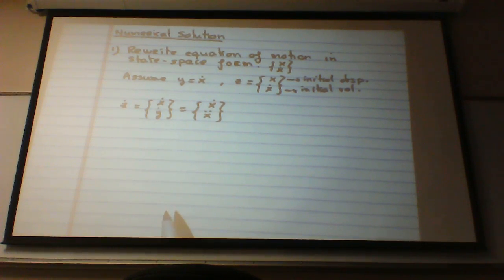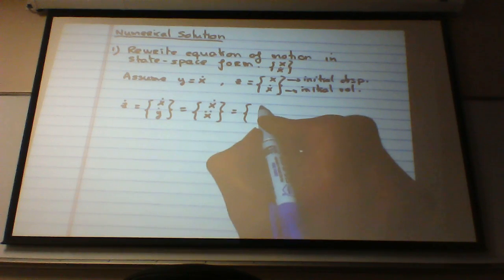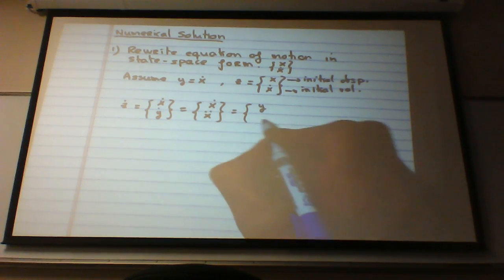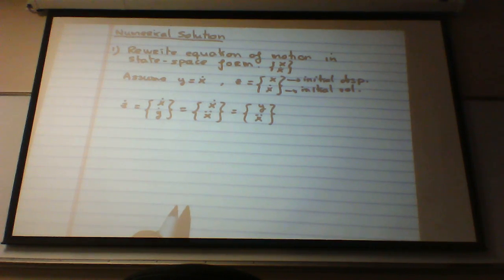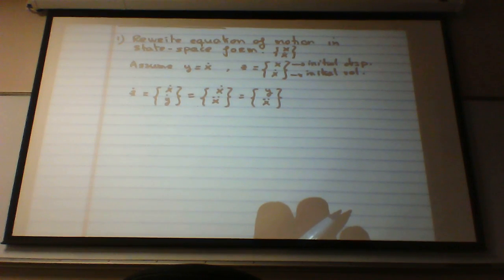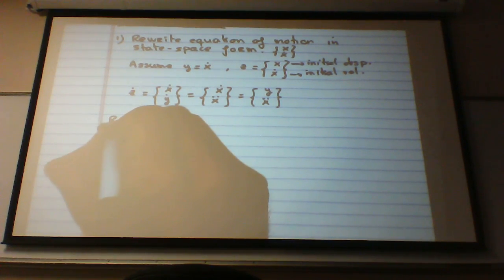And just one more if you want: what is x dot? It's y, x dot. So this is not complicated, okay? I know the first time it might look a little bit complicated, but now we say, recalling